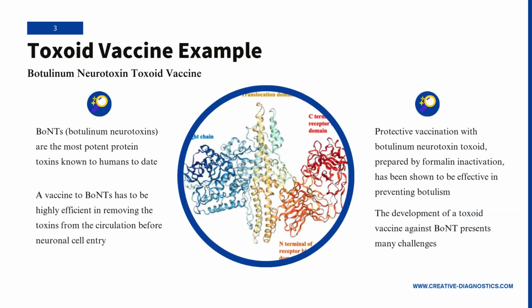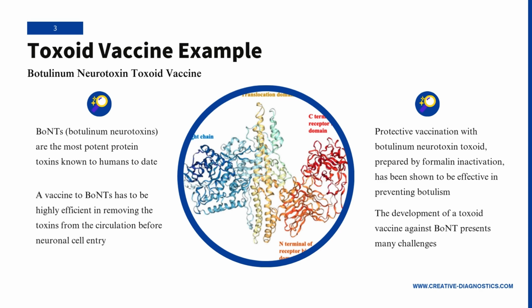BoNTs, botulinum neurotoxins, are the most potent protein toxins known to humans to date. They are 150 kDa protein toxins that are proteolytically processed to form a 100 kDa heavy chain, HC, and a 50 kDa light chain, LC, linked via a disulfide bond. BoNT LCs are released directly into the cytosol of the motor neurons, inhibiting neurotransmitter release by the motor neurons. This leads to long-lasting flaccid paralysis. Once inside a neuron, BoNT LC can stay active for a prolonged time of days to several months depending on